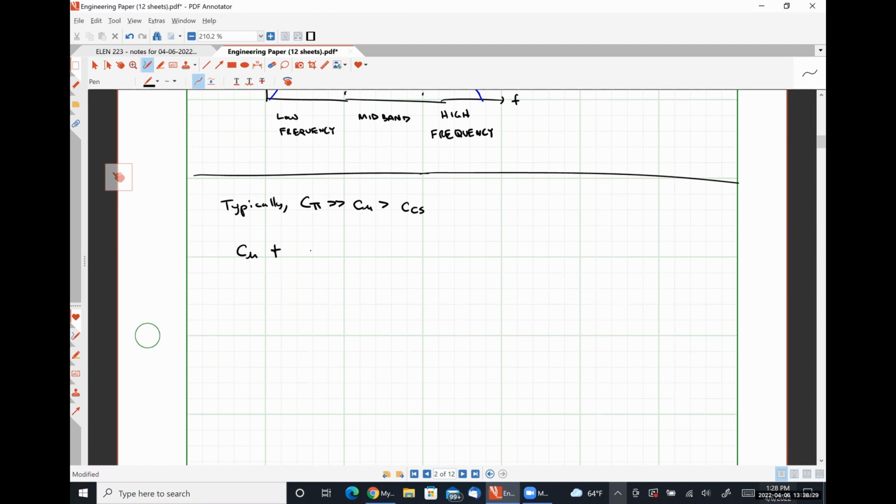C mu and CCS can be experimentally determined. CCS, thank you, Bailey, I forgot a letter there. Experimentally determined by measuring the capacitance seen